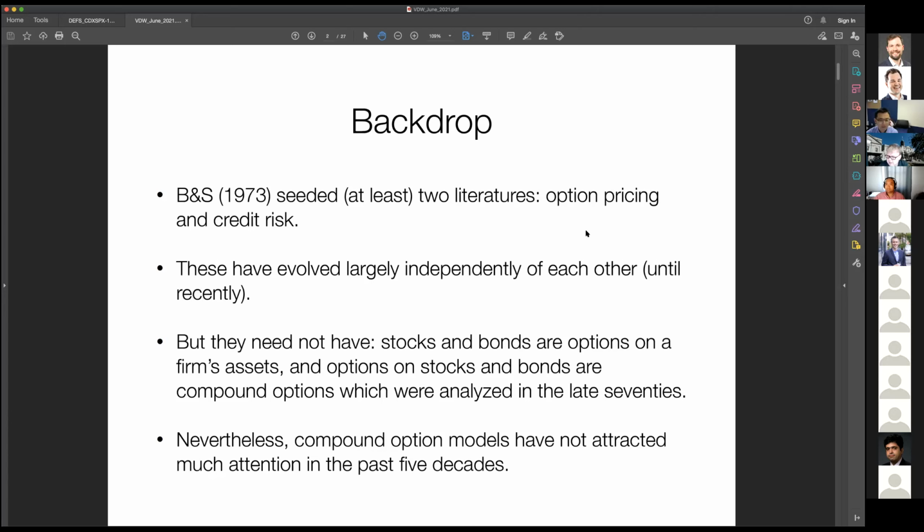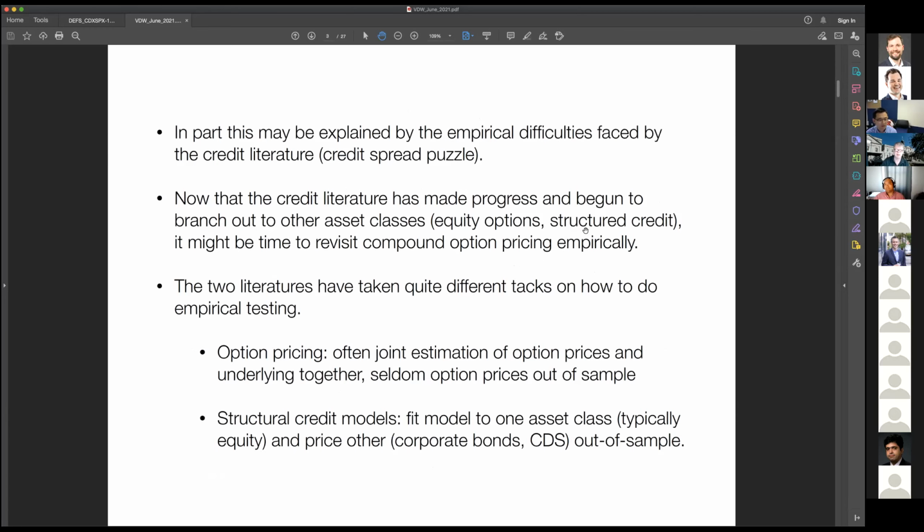So technically, there was no need to break these 2 literatures apart. Now, there's probably good reason why it happened that way anyway. That's a different story. But the fact remains that the compound models did not really get much traction for the last 5 decades or so. I know I'm a credit guy, so I know the credit literature, and I can wager that a large part of that is because the credit literature itself was having trouble for many decades trying to do the basic stuff of linking equity prices, balance sheets, and corporate bond prices or credit spreads. So that probably explains part of it, and I'm sure there's an analogous story going on in the options literature. But I think both literatures, at least I can speak for the credit literature, progress has been made,